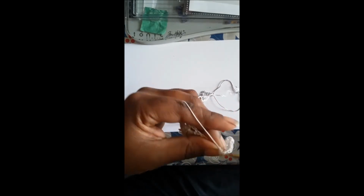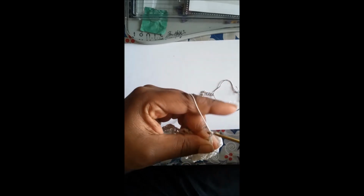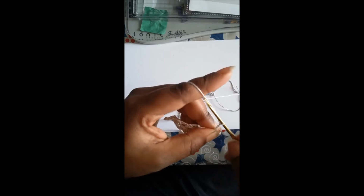chain 3, 1, 2, 3, single crochet into the chain, chain 3, 1, 2, 3, single crochet into the chain, chain 3, single crochet into the chain. This time you're at the end. You chain 5,